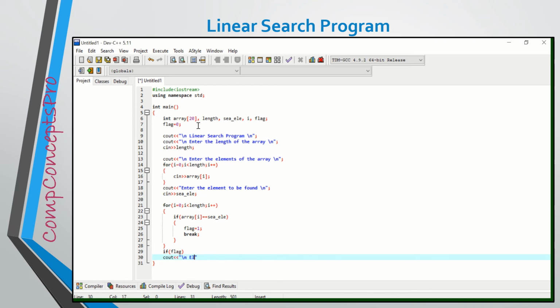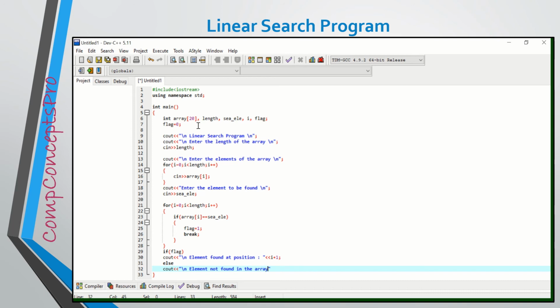So here we had declared that if there is a match, the flag value should become 1. Now this flag, which has become 1, we will use in this second if statement. If the flag value is 1, the if statement will return true, so the statement element found at position is displayed, and the position at which the element is found is displayed by i plus 1.